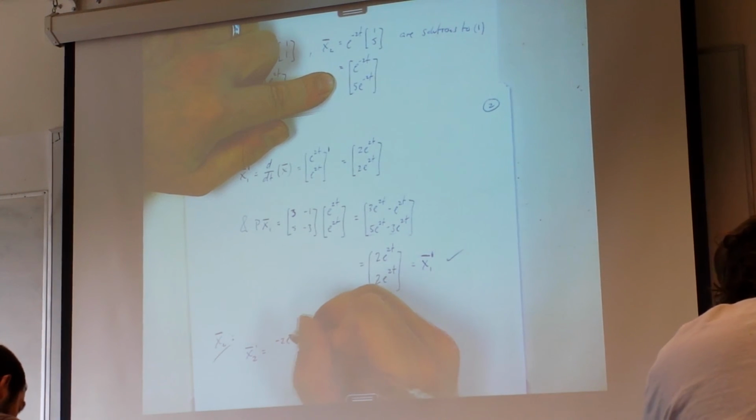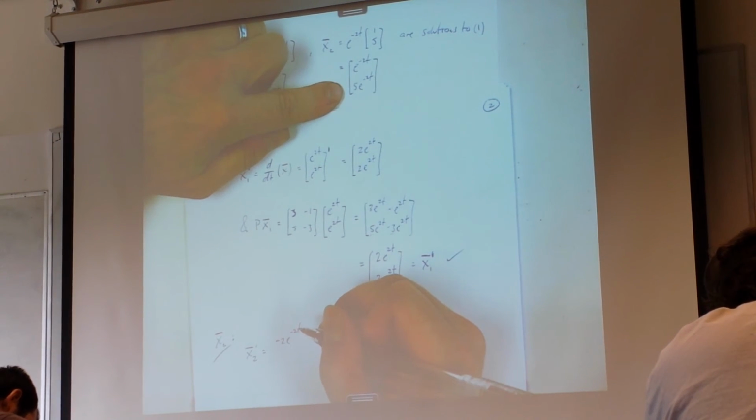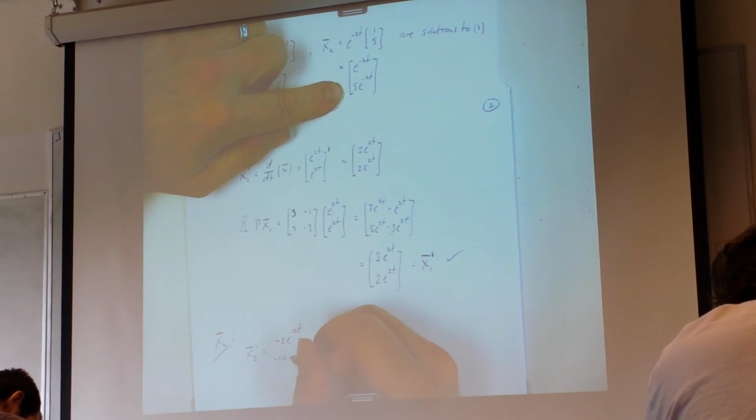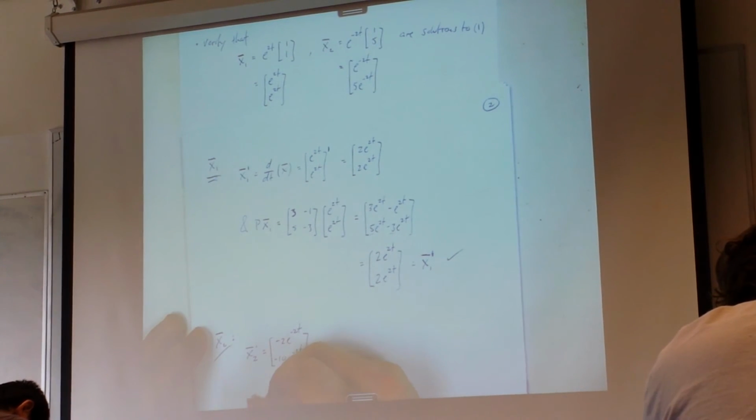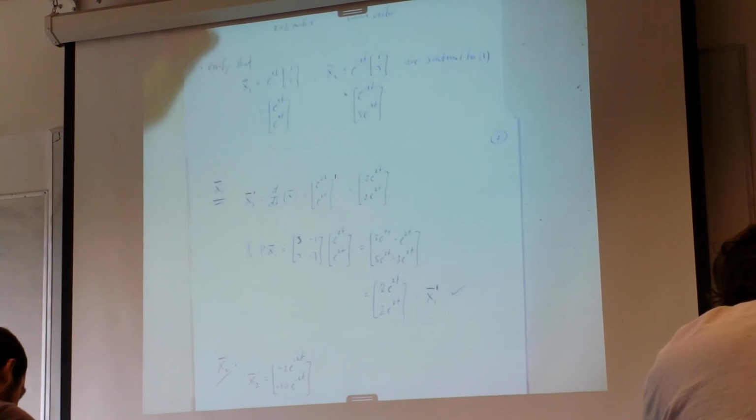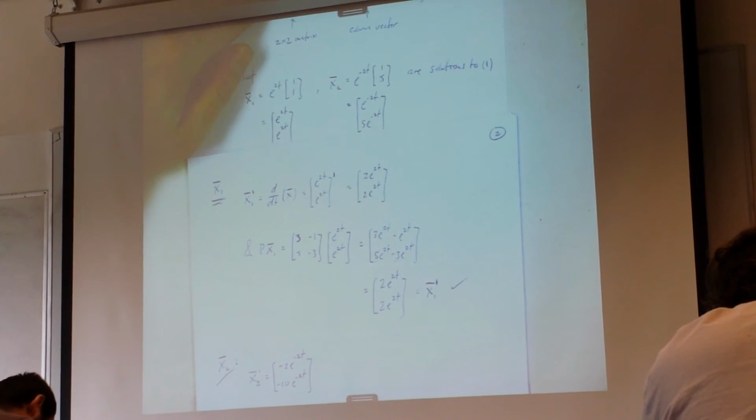Negative 2e to the negative 2t, negative 10 e to the negative 2t. Right? Okay. And let's just check that it does solve the equation in 1, Px